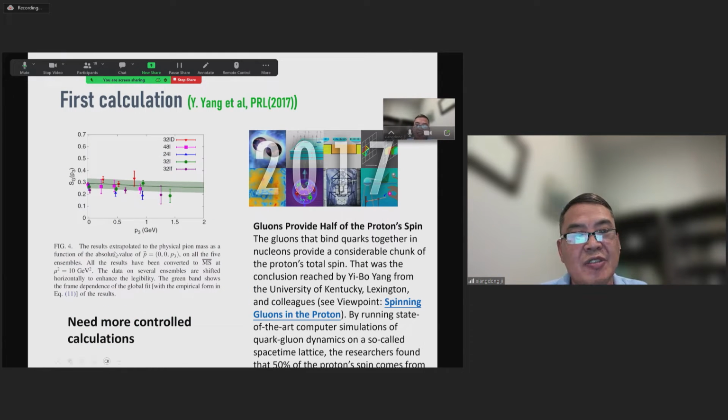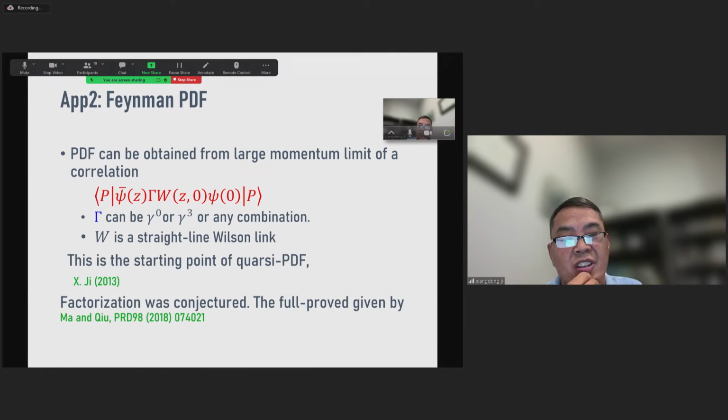And so the lattice group, in fact, used our idea and did the first calculation. They calculated in Coulomb gauge and tried to look at this as a function of hadron momentum. As you can see, the error bar is quite large and it hasn't been connected with the momentum evolution equation yet. So I'm going to spend a few minutes to talk about the PDF, which motivated